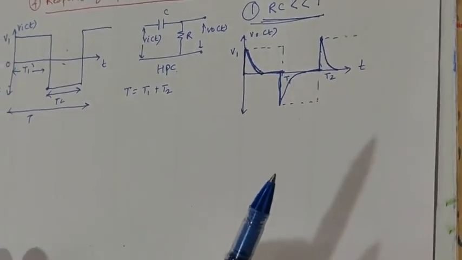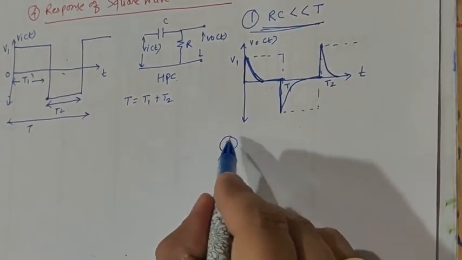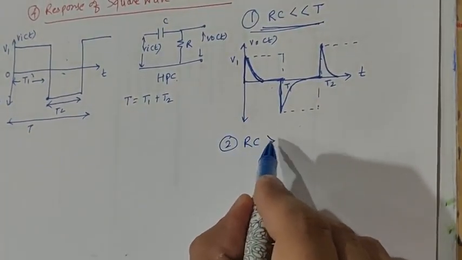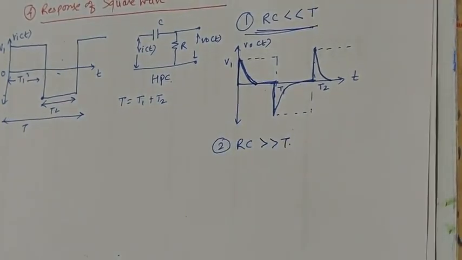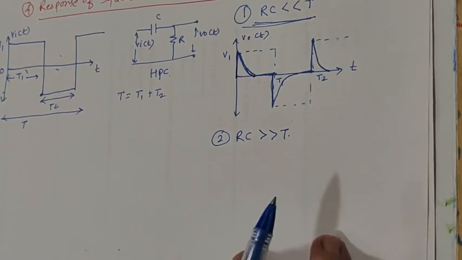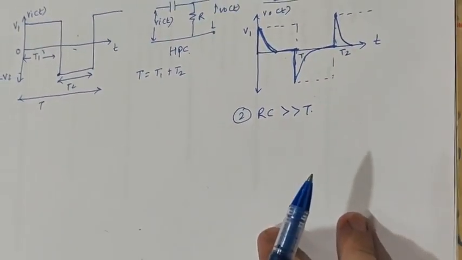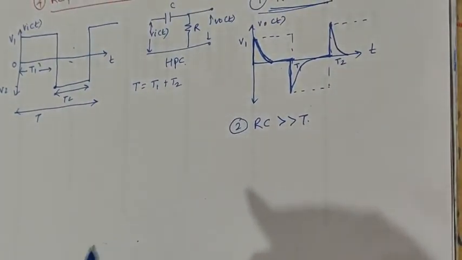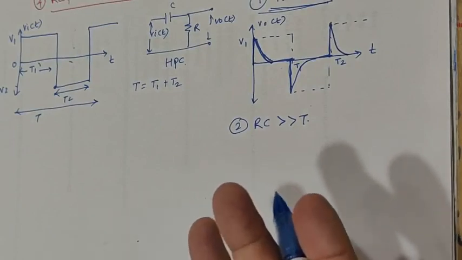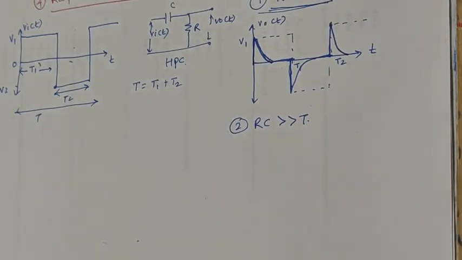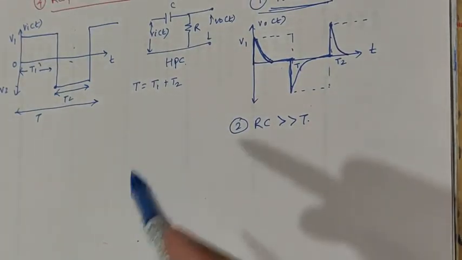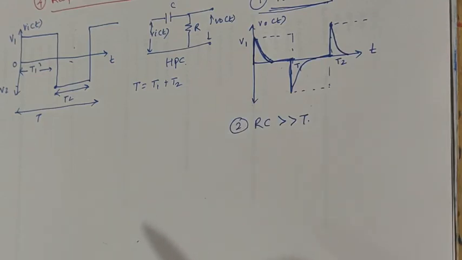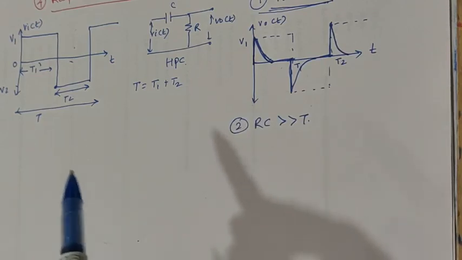Now it is very important to see what will happen for the second condition, where RC is quite greater than capital T. This is what we need to see, and this is very important to understand. Okay, so for that purpose let us use a reverse engineering kind of methodology, wherein I will draw the output waveform considering my previous knowledge of step input as well as the pulse input, and from there I will calculate the values of the output coordinates that I get on the waveform.